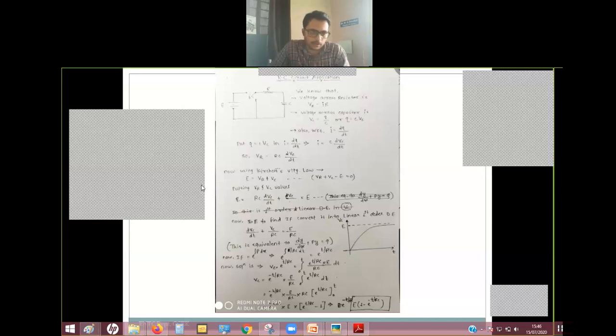Okay, so are you able to see the screen now, whatever image I have put? Please confirm. Yes, correct. RC circuit application. We have seen RL, na? Now we are going to see RC. So if you observe carefully, this is the R